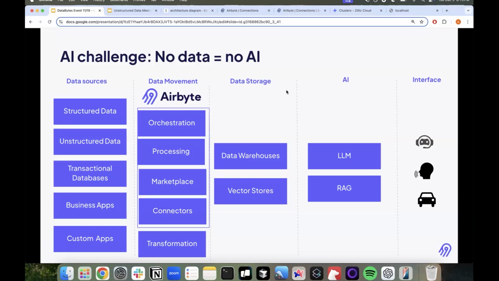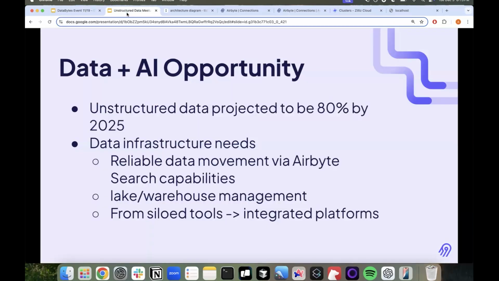A good way to put it is this is how the data sources are, right? They can be structured as well. They can be databases, business apps, e-commerce apps. The way that we come in is we process that data, and we have connectors that actually connect the source to the destination. So today we're just going to talk about a simple way in which Airbyte transports data